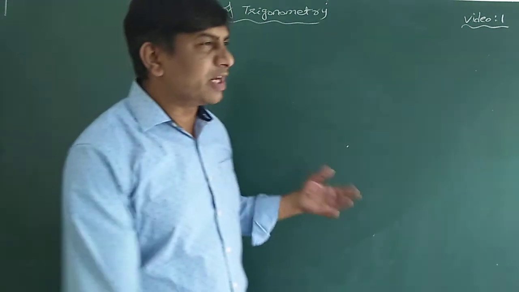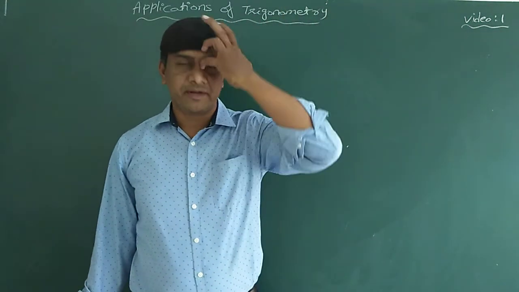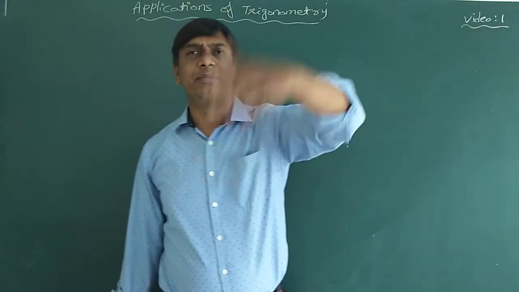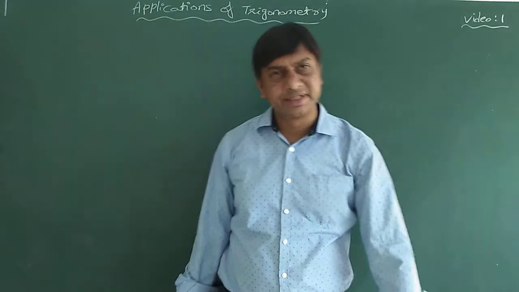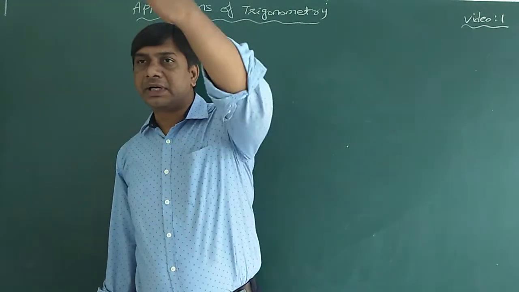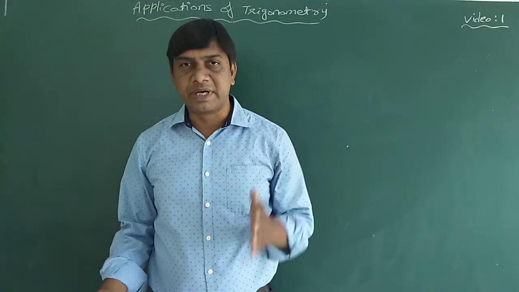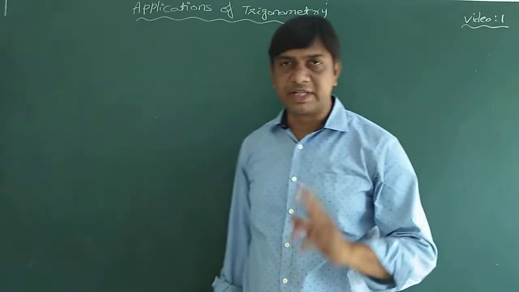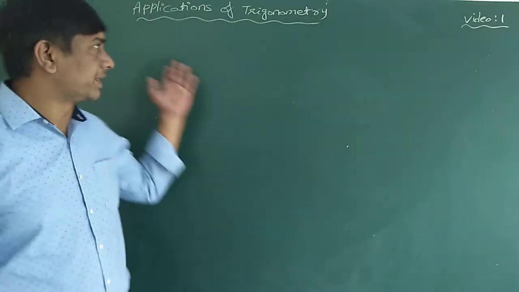Trigonometry is used to find the height of mountains, buildings and towers, and the depth of oceans. Also the distance from a particular point to the foot of a tower or building, with a particular angle. All those we are going to discuss in this topic.